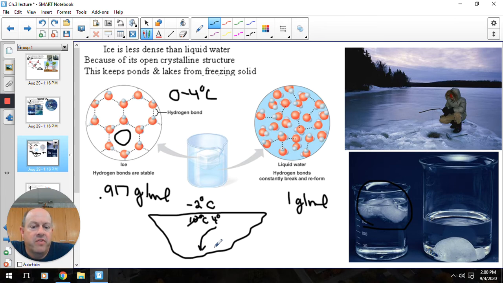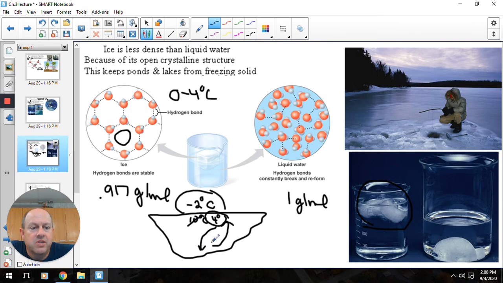And then whatever was at the bottom gets pushed up and is now exposed to the -2 air, and so it's going to cool down until it gets to 4 degrees as well. And this is just going to keep happening until the entire pond is 4 degrees. It has nowhere to go, and then at that point it can get cooler, 3, 2, 1, 0, and then